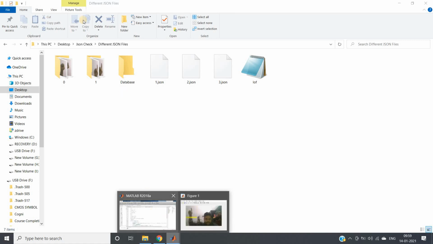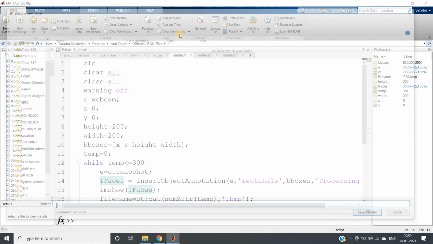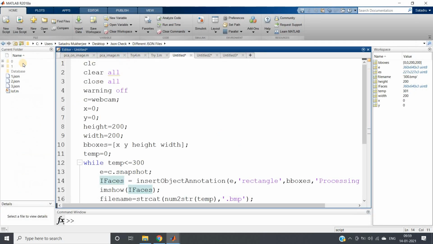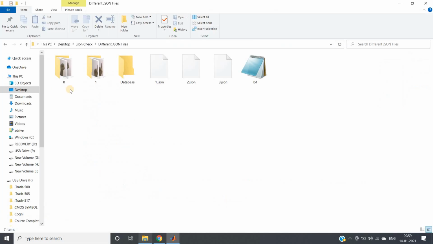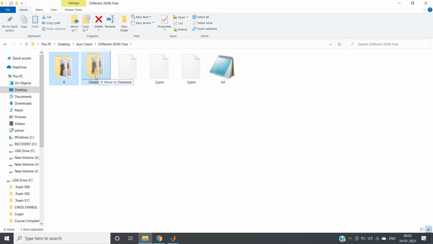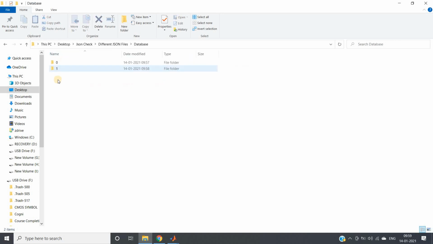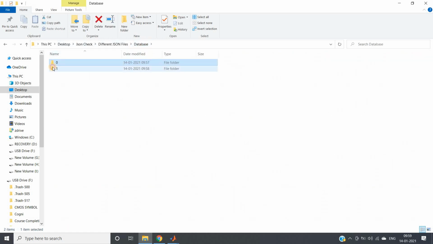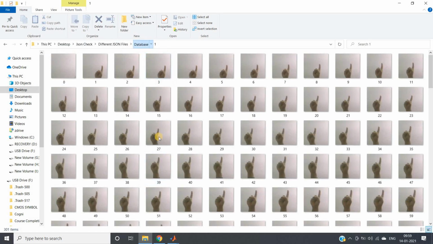Now I'll take my current folder one step earlier, where the folders 0, 1, etc. are stored. I will move the folders into my database, by copy-paste or drag and drop, whatever you say. So now in the database folder my two classes are stored, 0 and 1. Here you can see 0 and 1 are stored.